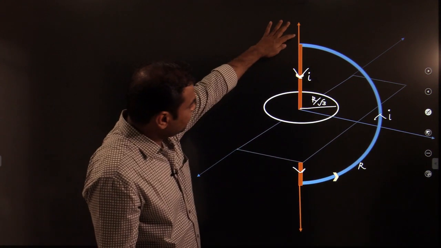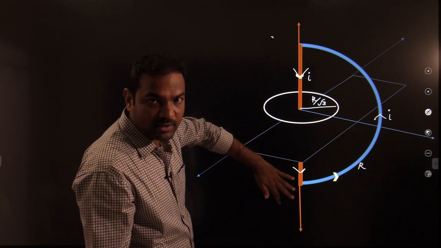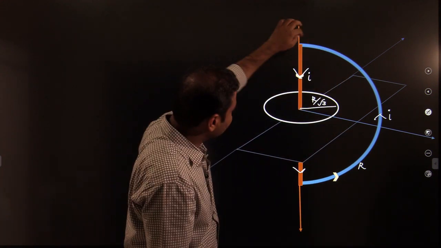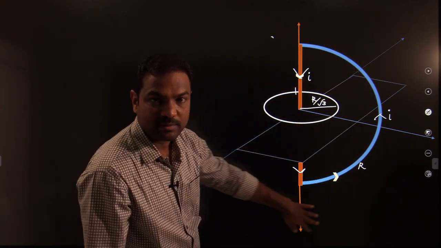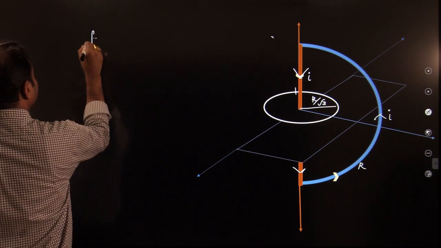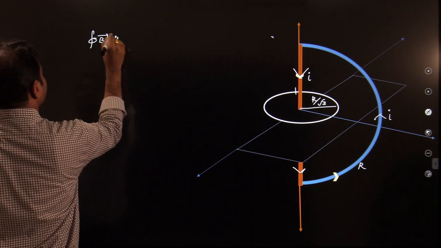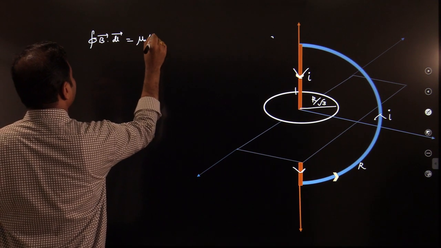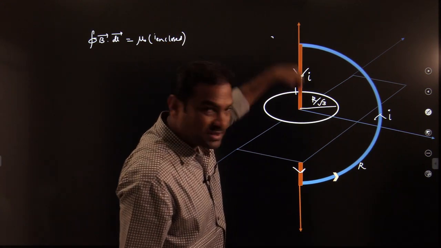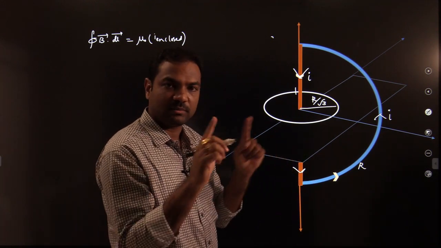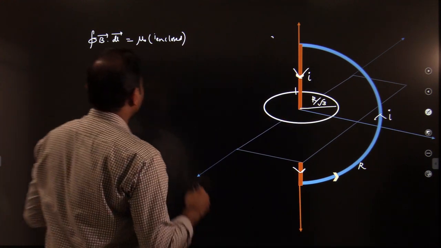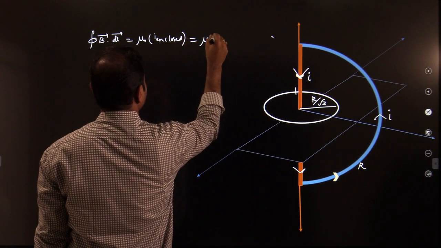Okay? So as I have added this orange straight wire along the diameter, now I can apply Ampere's law. Why? Because now it will become a completely closed loop, the semicircular wire. Okay, the semicircular wire is closed. So now I can apply Ampere's law, which will give us integral B bar dot dl bar is equal to mu naught into I enclosed. So according to the diagram, what is the enclosed current? The current passing through the circular plane along which we want to find out the line integral. So that current I is passing through it. So I can write simply this is mu naught into I.